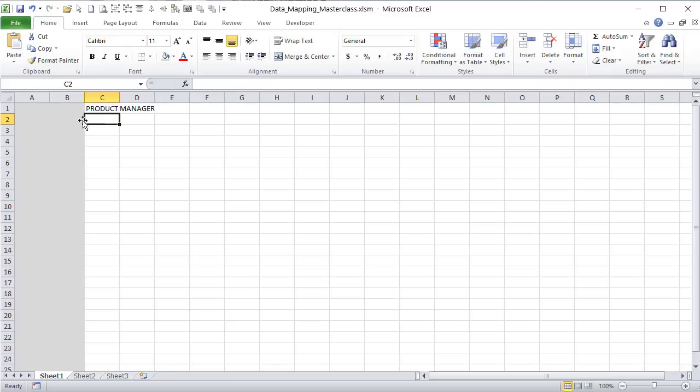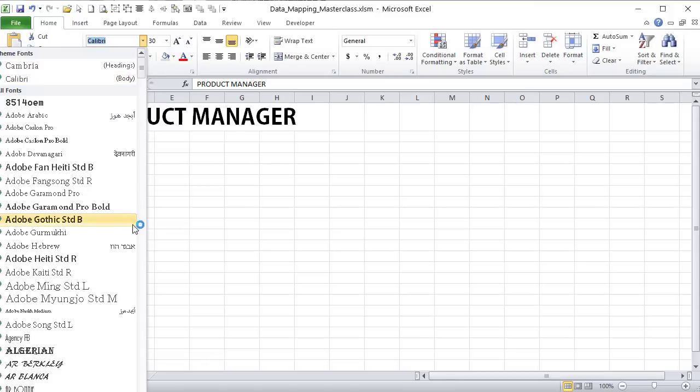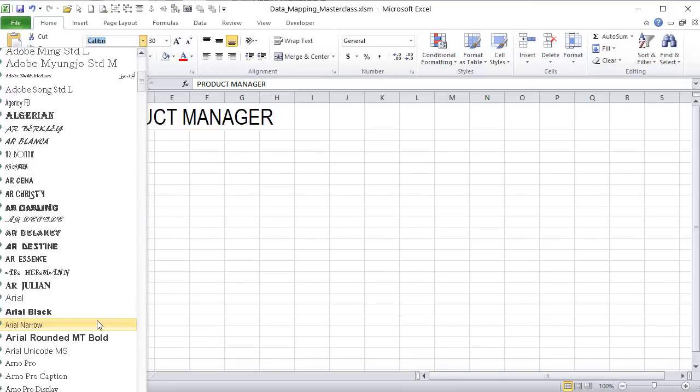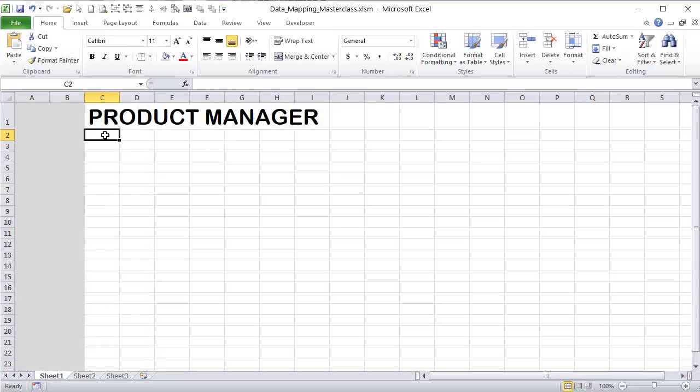And then I'll give it a specific font and a font size. This one will probably go with something large, like a 30 font. And then I'll use some nicer font. I'll just go with Arial Rounded. I like this one here, Arial Rounded MT Bold. Okay, this particular one I'm giving a subtitle as well, because it's also really called